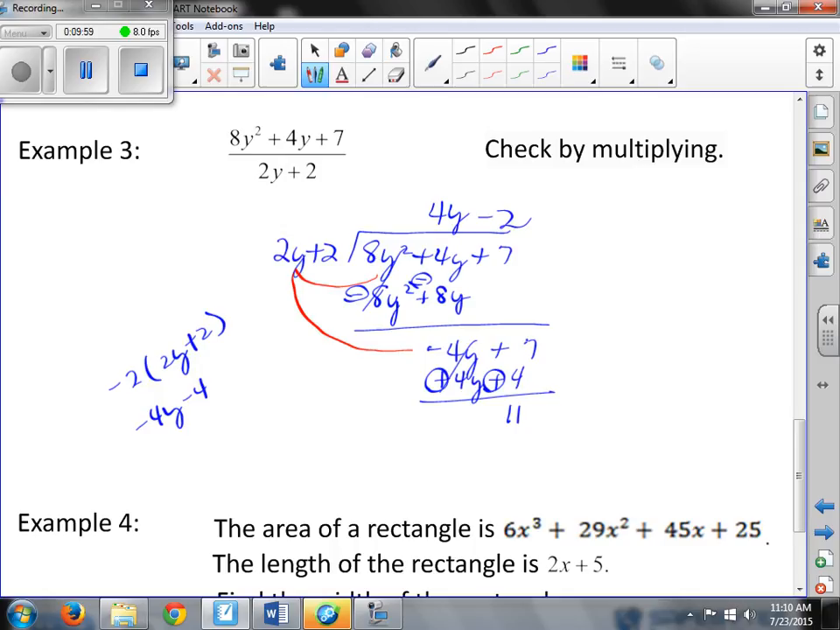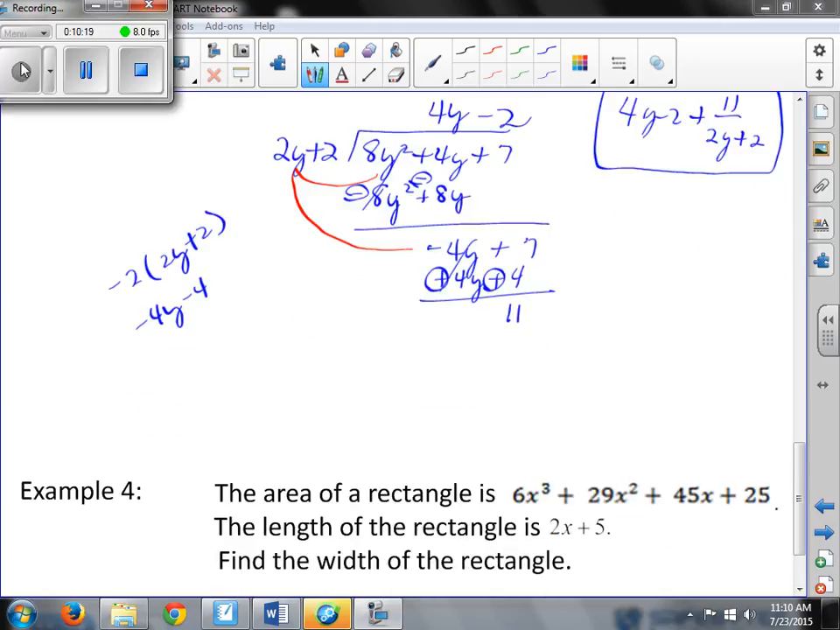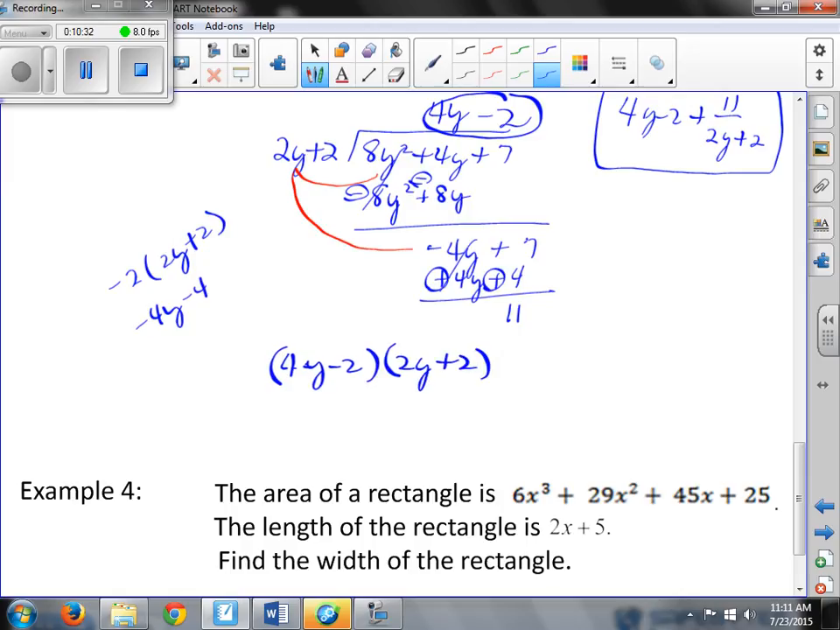So my answer would be 4y minus 2 plus the remainder, which is 11, over the divisor, which is 2y plus 2. Now, I want to check this one. When I check, I will take my quotient, 4y minus 2, times my divisor, which is 2y plus 2, and then I will add 11